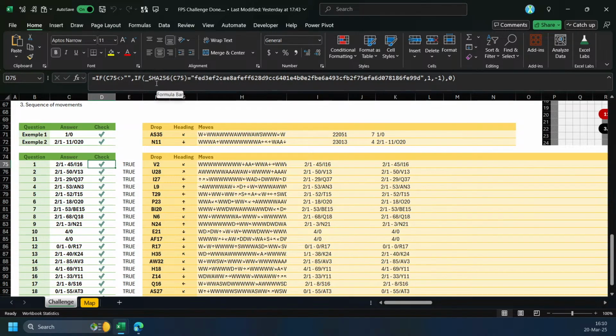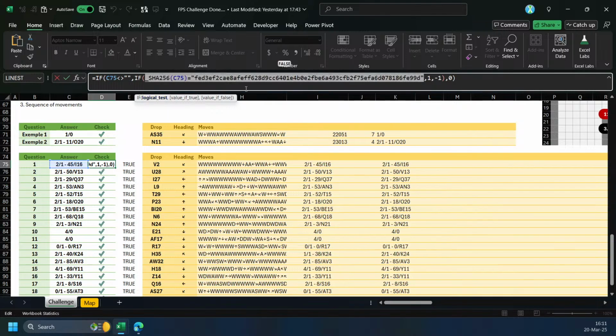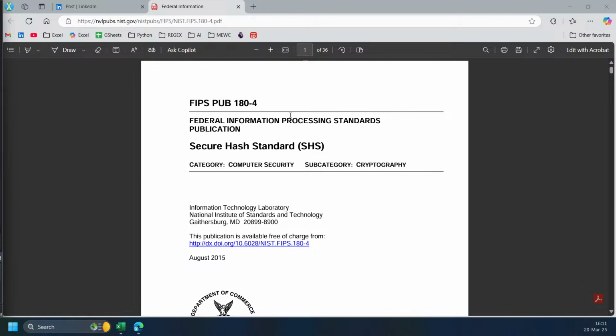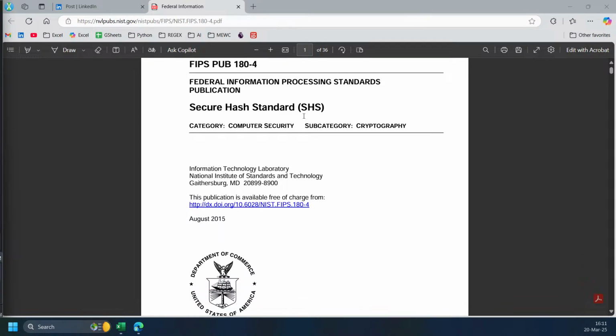He used secure hash SHA-256 to transform this text into this form, and then I got quite curious about this one. So this is how I got started, and then I Googled and found this document